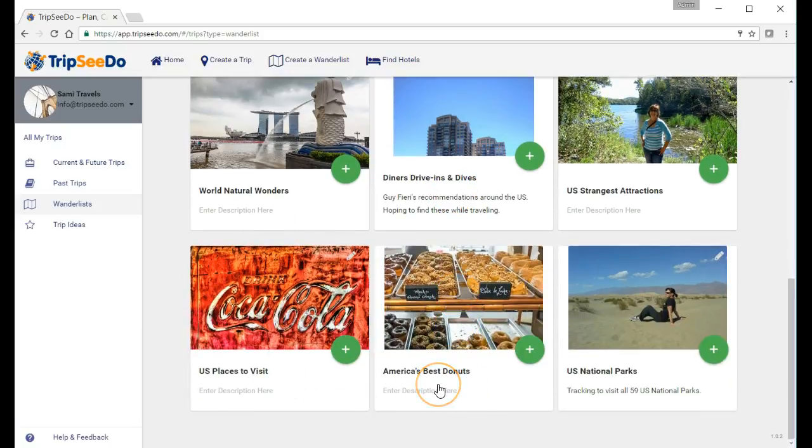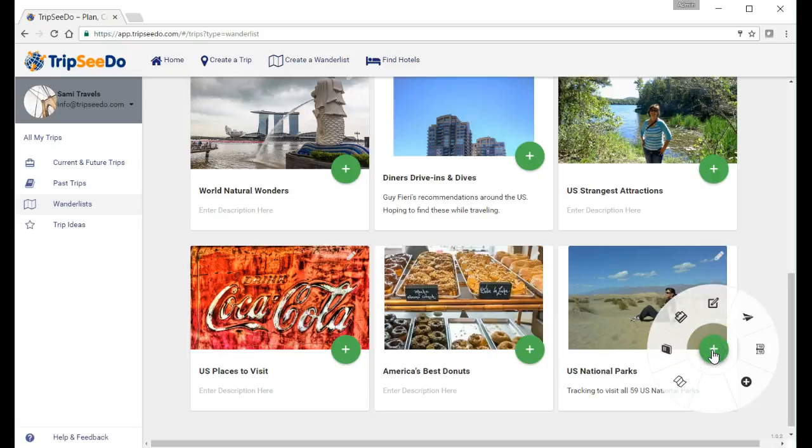And one of the great things about Wanderlist is you can use it to track progress against a bucket list. For example, I am trying to visit every U.S. national park. So I created this Wanderlist a while back. It's got 59 U.S. parks in it. And if I go into edit mode,